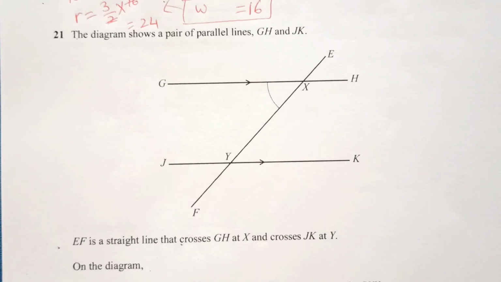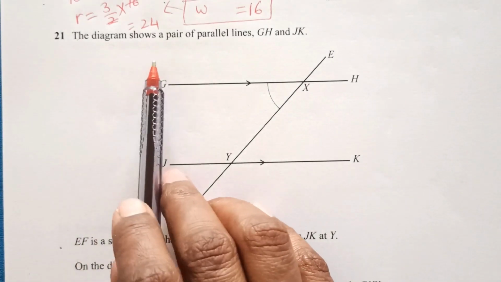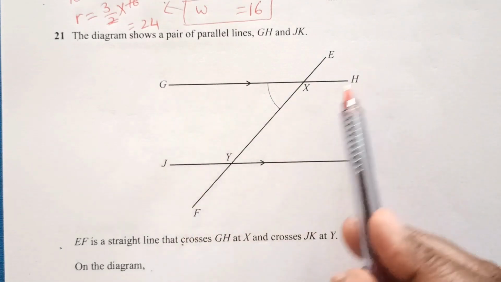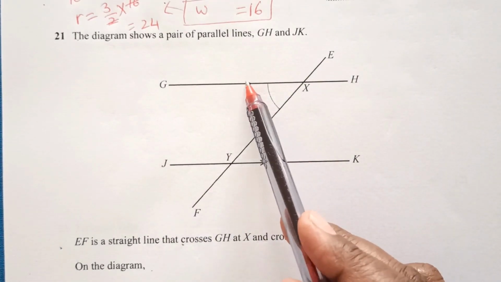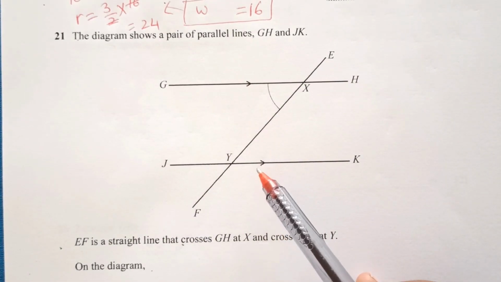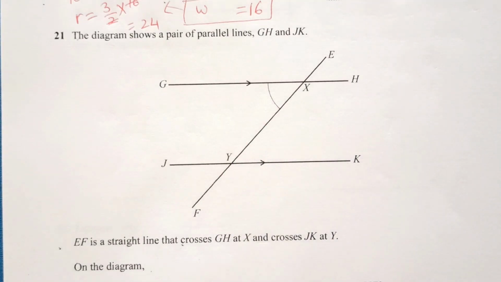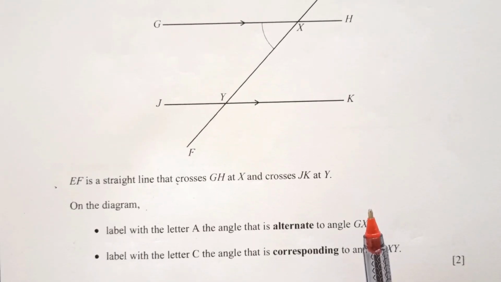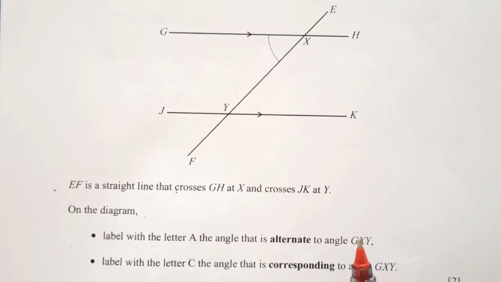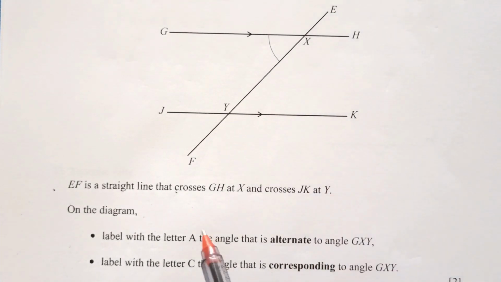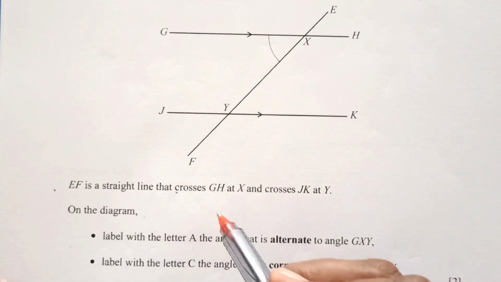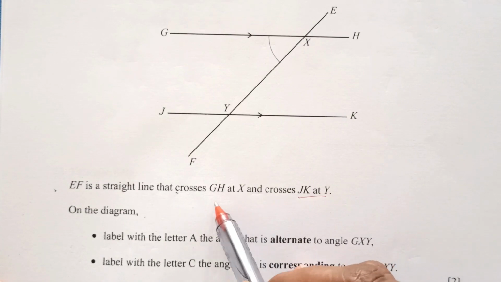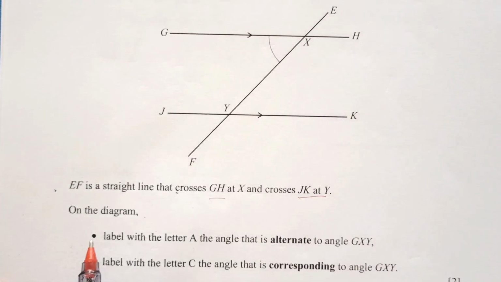Question 21. The diagram shows a pair of parallel lines GH and JK. GH and JK, they are parallel. It has been shown with the arrows. So the question is, EF is a straight line. This is the straight line here that crosses GH at X and JK at Y. On the diagram,